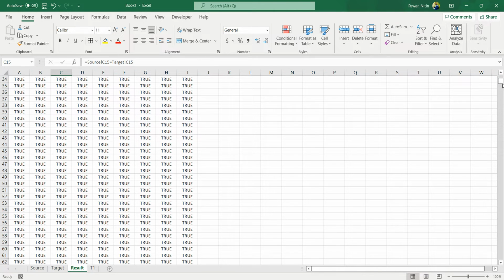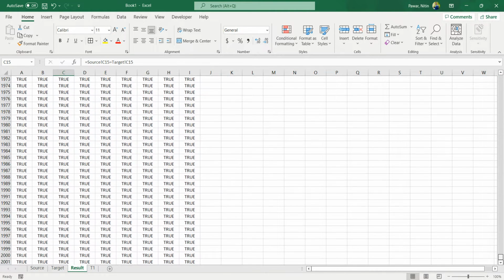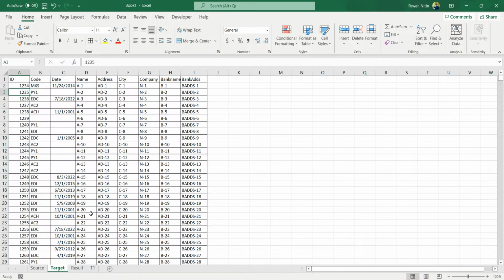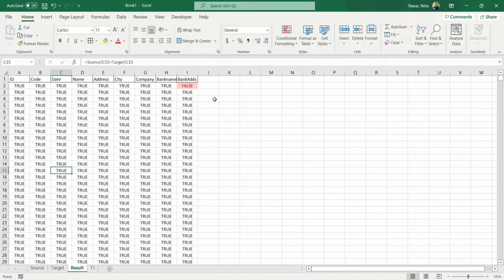Now my record doesn't have anything false. That's why all records are true. But suppose over here, on address, I write down 2 and just enter it. If I come here, see, that false got highlighted. So this is one way where you can copy the data or compare the data between source and target